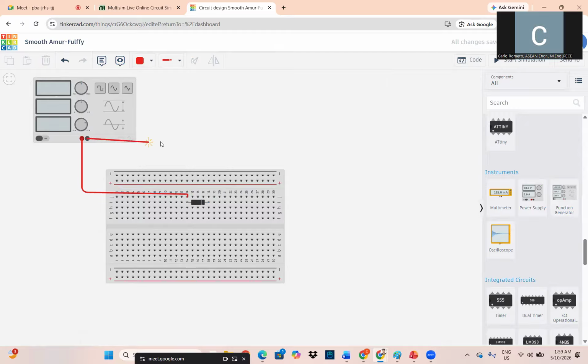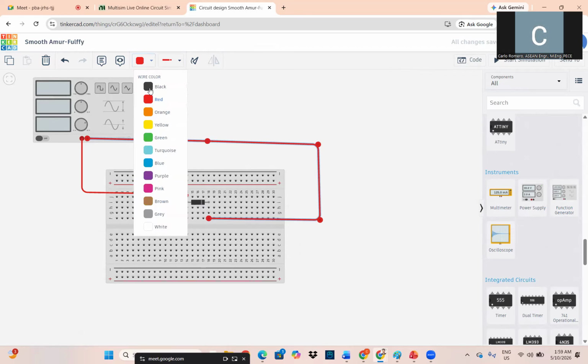Then maybe a ground. Okay. Maybe after we connect the, okay, so maybe here. This is the red.